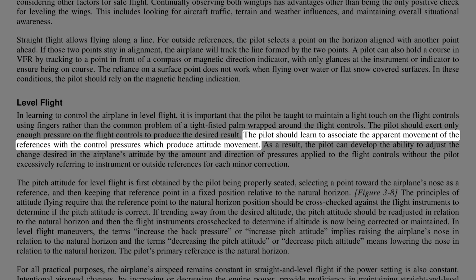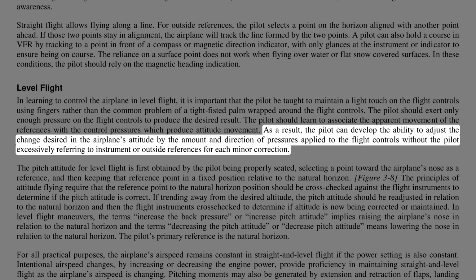The pilot should learn to associate the apparent movement of the references with the control pressures which produce attitude movement. As a result, the pilot can develop the ability to adjust the change desired in the airplane's attitude by the amount and direction of pressures applied to the flight controls without the pilot excessively referring to instrument or outside references